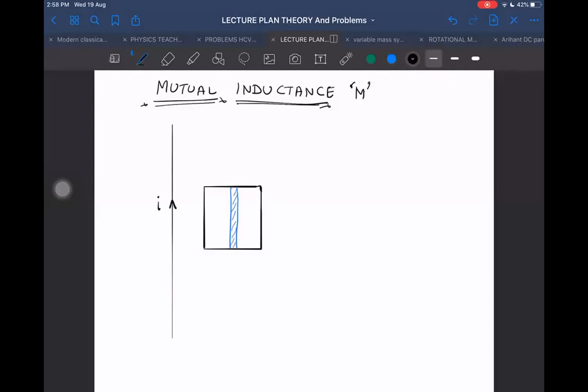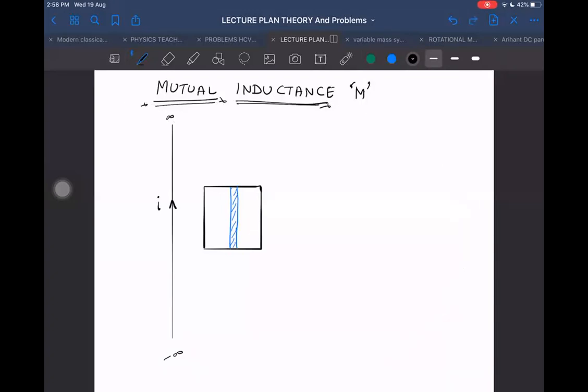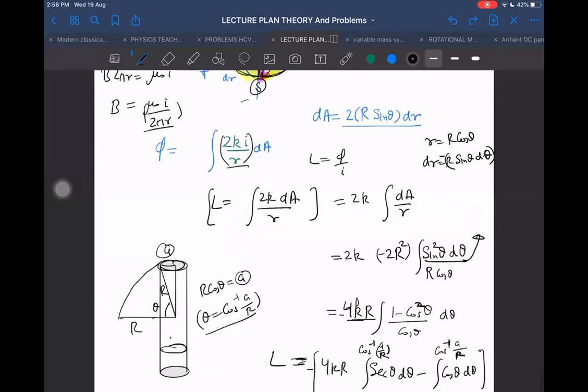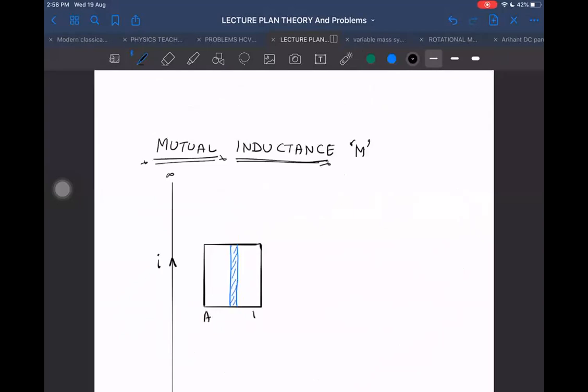The infinite current carrying wire will not be just going nowhere. It will also be forming some loop, but we don't know how it is forming, whether it is returning from this side or going that side, and I don't need to worry about it. Whatever way it is finally curving, turning, maybe spreading outwards like a sphere, the way we did in the last case, I need not worry about it. This is another loop, A, B, C, D, conducting loop.